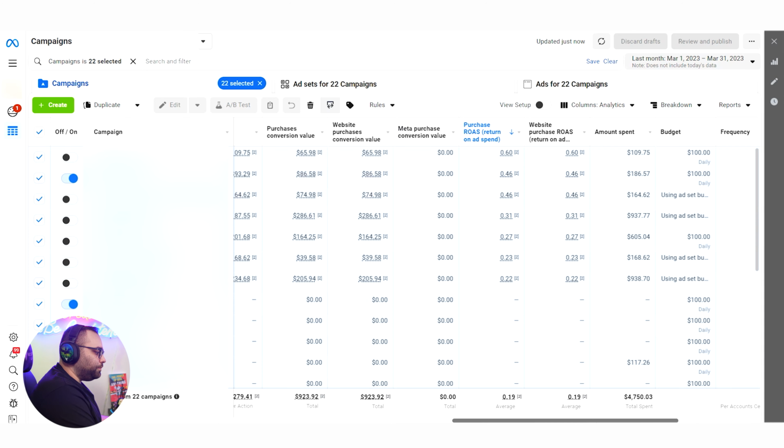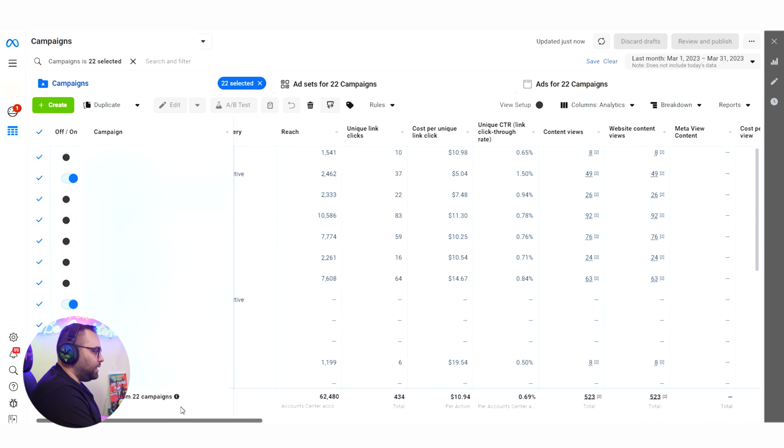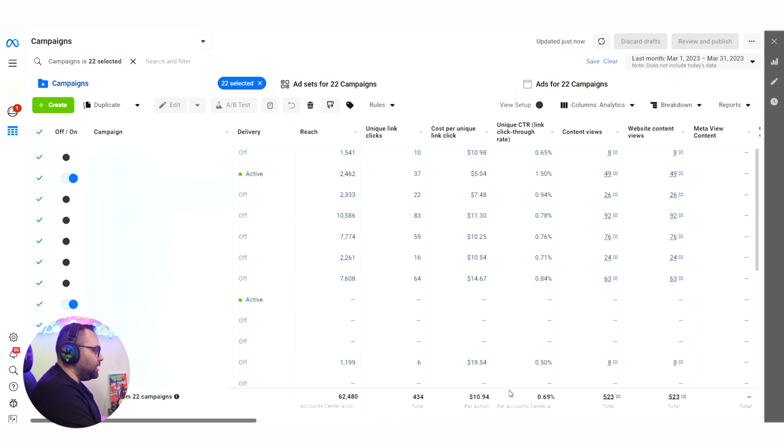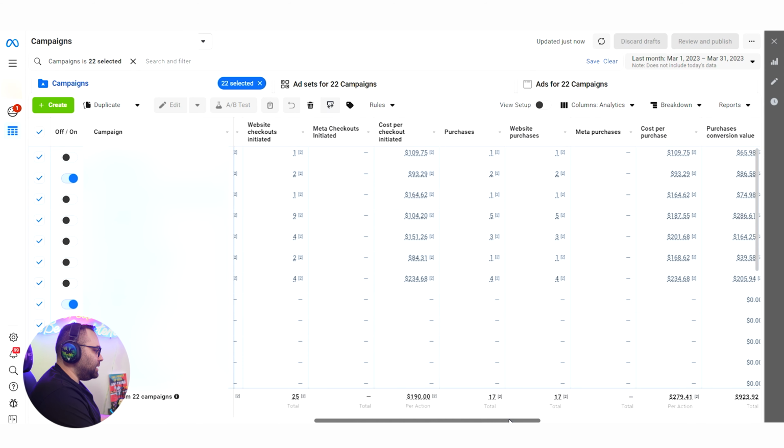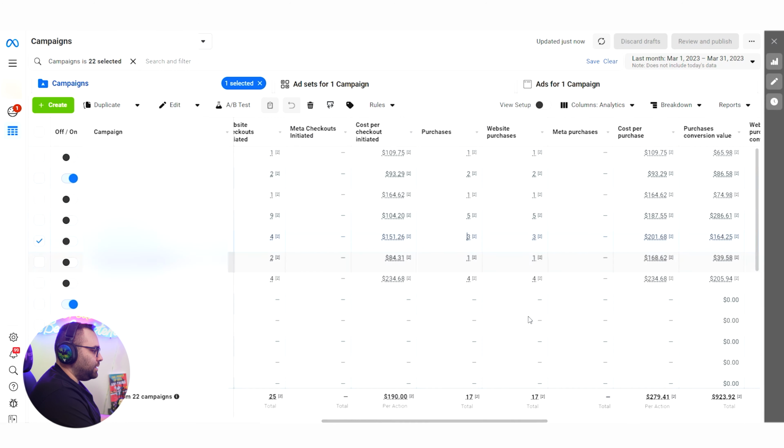But let me show you what was happening so far in this situation. So when I started on this ad account, the cost per click that I was getting was a ridiculous thing, like 10.25, 11.3 and so on. And then even with that, I managed to get 3 sales over here in this interest,